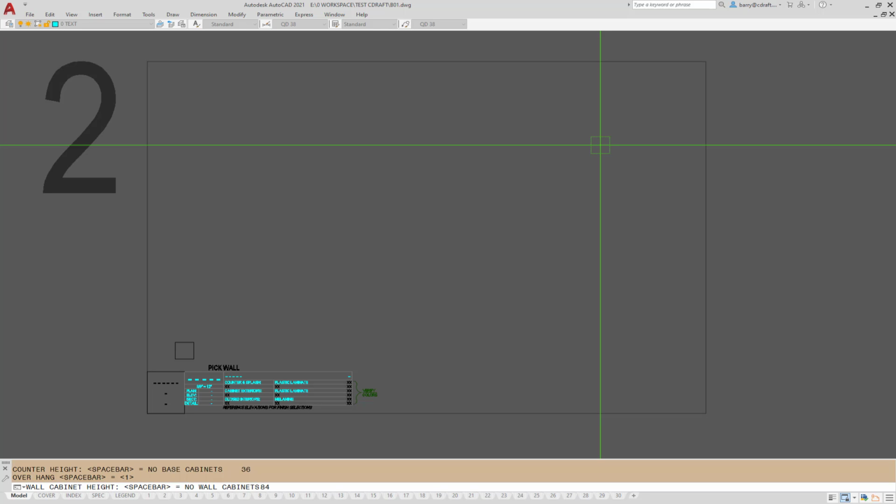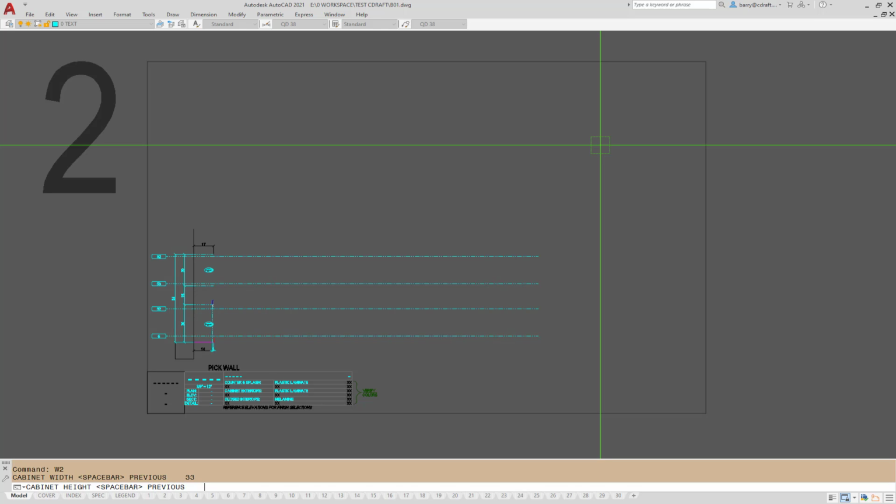Wall cabinet, we'll hit 84 inches. The default of 30 inches is fine, spacebar through. And we're going to auto insert, so spacebar through. And there's our geometry and our annotations. Again, keep in mind the auto insert point has now shifted from the left to the right, so we can start drawing cabinetry. Let's do a wall cabinet, which is W2 for a 2-door, width 33,